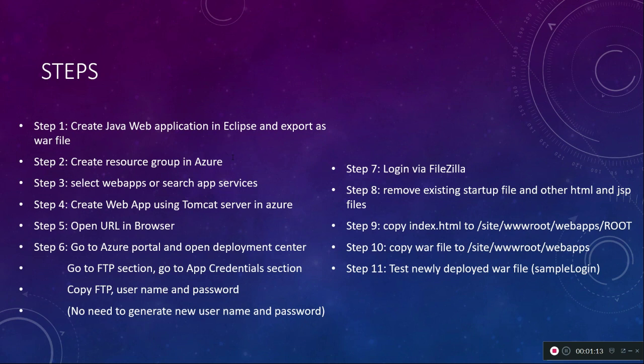We can open the URL in the browser, and it will open the default page. We will use the FileZilla tool for FTP to the server and change the index.jsp, and we will see how our web app is working. Then we will go to Eclipse and export the web application as a WAR, upload it into the web app, test it, and run that application. So this is the lab exercise we are going to see today.